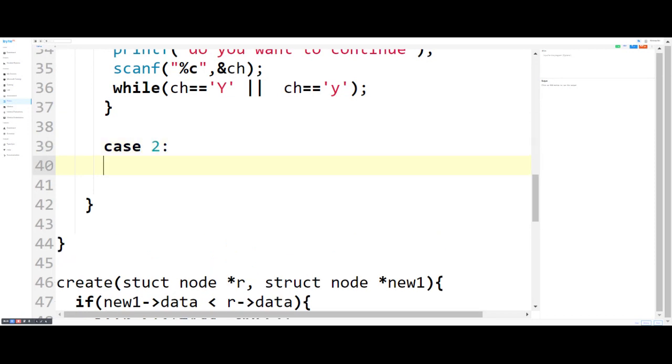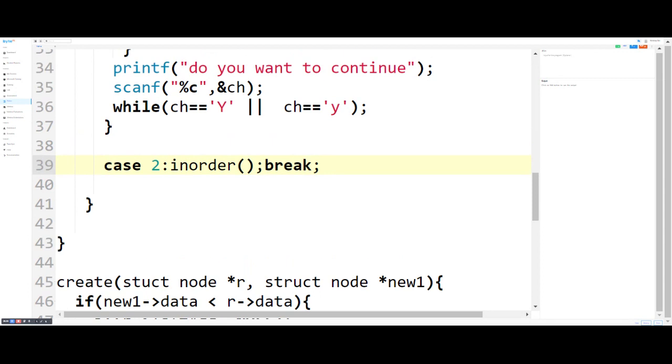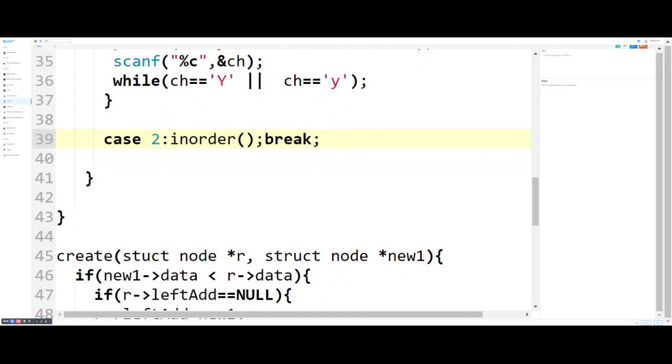Case 2 is in order, then break. We call the case 2 function, and after this we have to break this code.